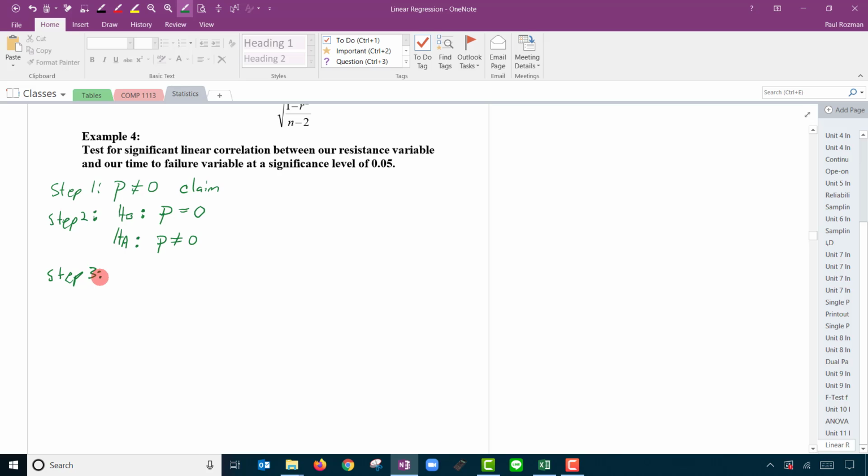On to step 3, that's where we set our significance. 5% chance of rejecting the null hypothesis, even though it's true. Step 4 is check our assumptions, which we didn't really check. All we can say is we have random data,